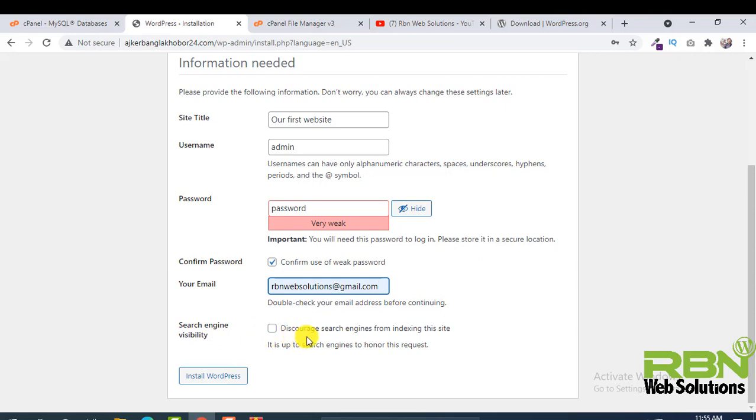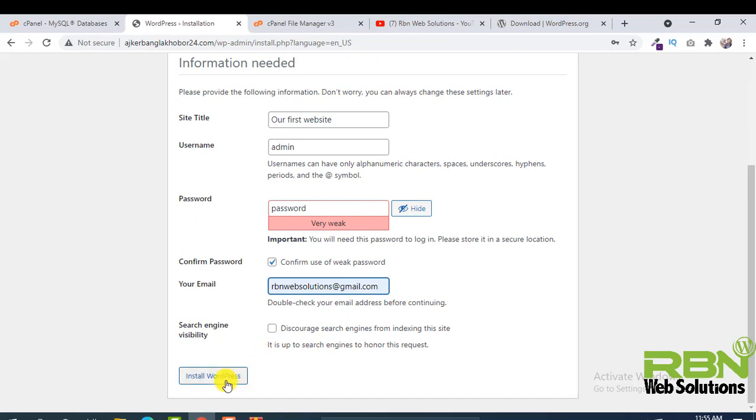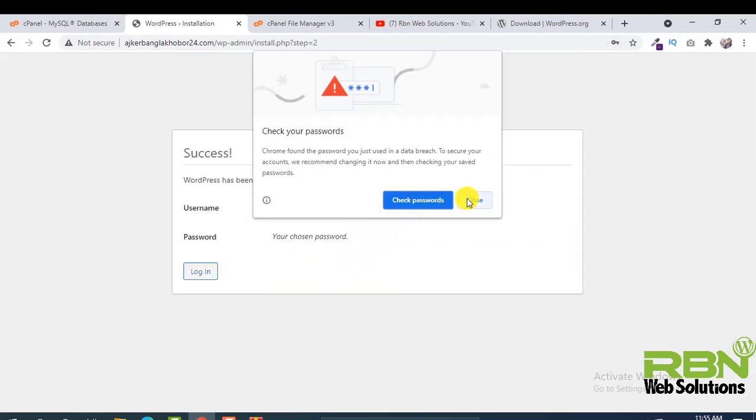If you select discourage search engines from indexing this site, your site will not be shown in Google, so we don't need to select. Install WordPress, and yeah, successfully we are done.